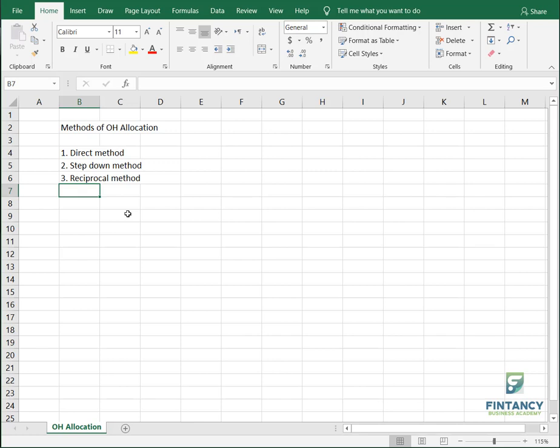Okay, that's it. So remember what is overhead. Can you people write in the chat box what is overhead? Remember? If you merge all the indirect costs together, it is called overheads, right? Indirect material, indirect expenses, indirect labor. So what is prime cost? When you merge all the direct costs together. So if you say direct material, direct labor, direct expenses together is called prime cost.